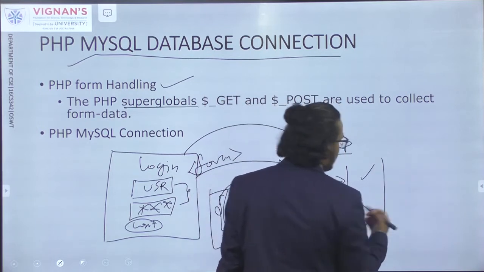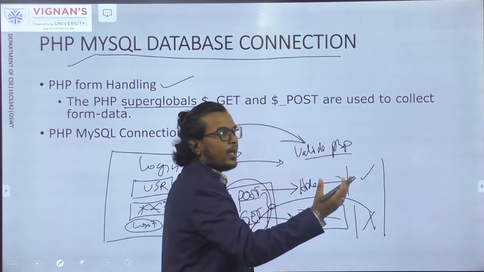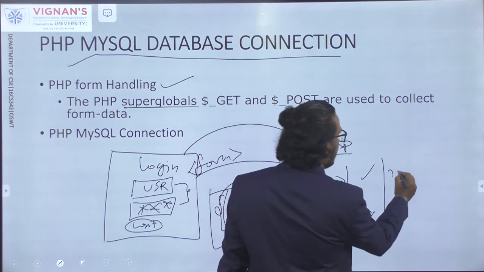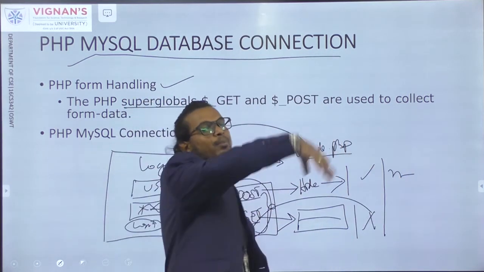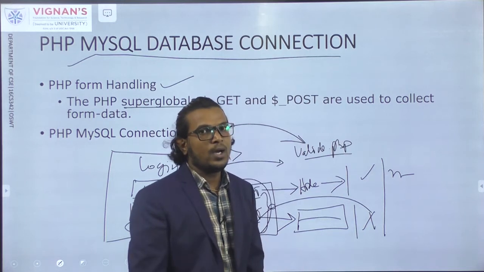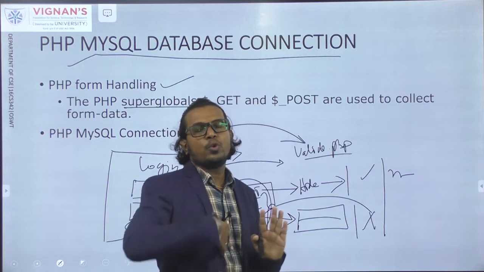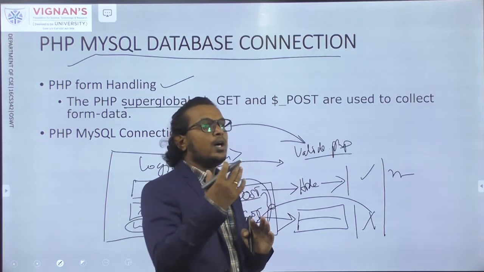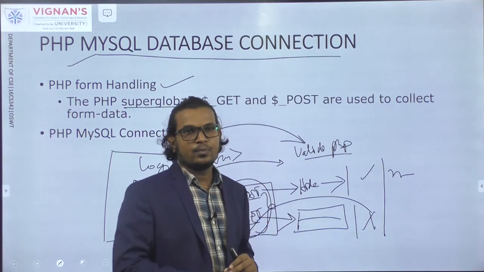And the next difference is that when we forward or post the data, there is no limit. We can post n number of data, or we can say that we can post unlimited characters to that particular page. From one page to another page, we can post any kind of data, in the sense that there is no restriction for posting the data.